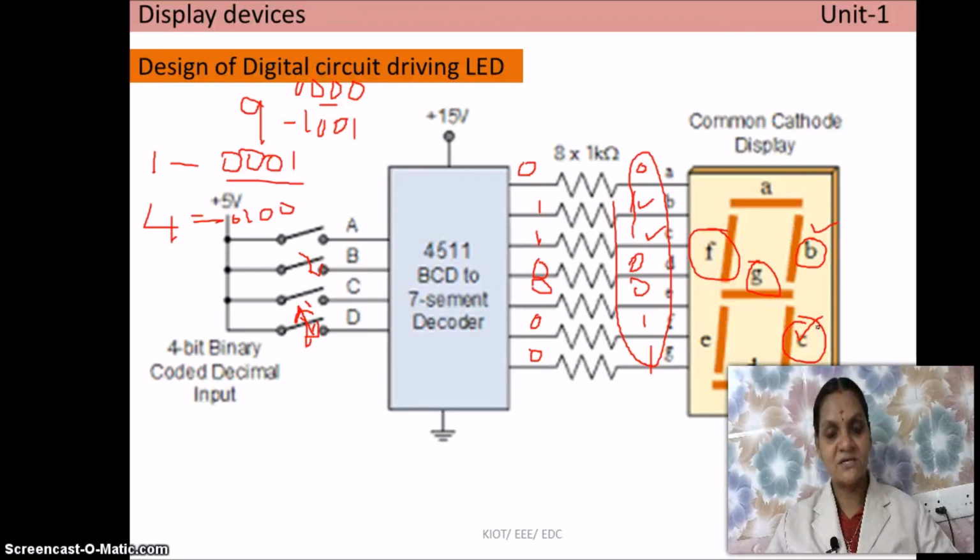So at the end of this video, you came to know what an LED is. We have discussed the construction, operation, and characteristics of LED and the 7-segment LED display, common anode type and common cathode type. For common anode, if you want to turn on a particular segment, we have to connect the segment to ground. In case of common cathode, if you want to turn on the segment, connect the particular segment to plus VCC. And we saw an example of how to design a driver circuit.